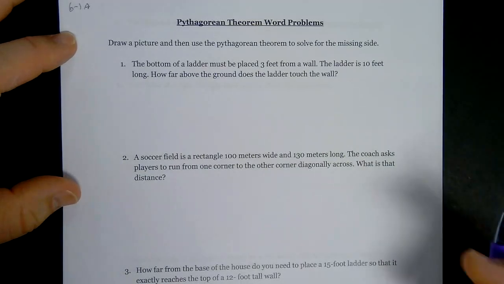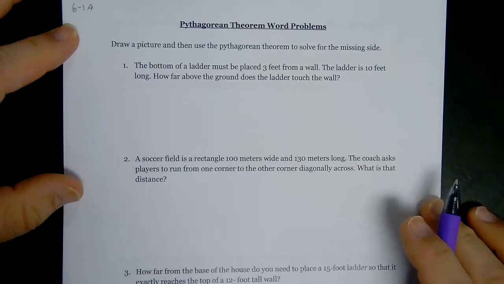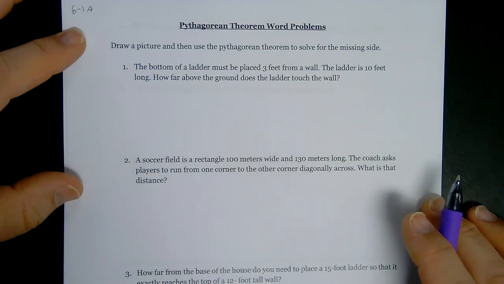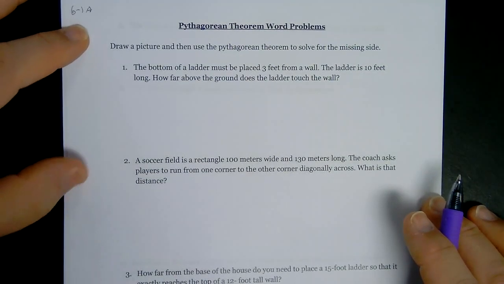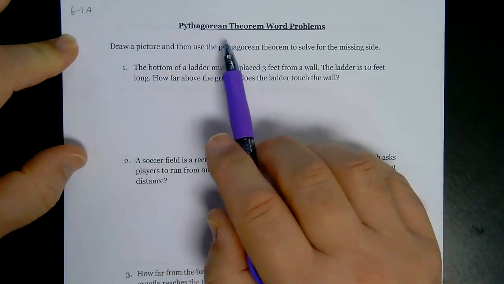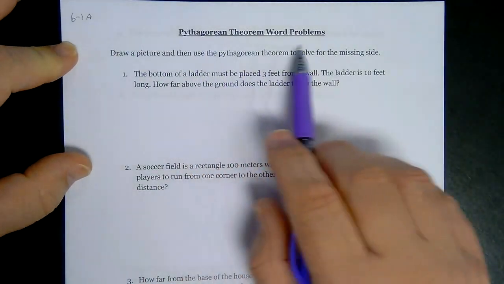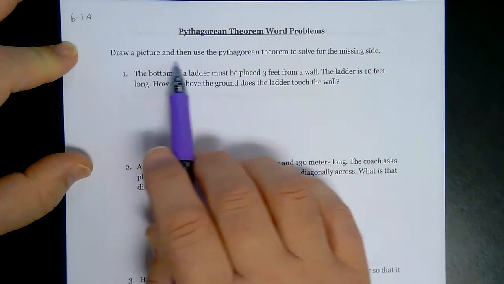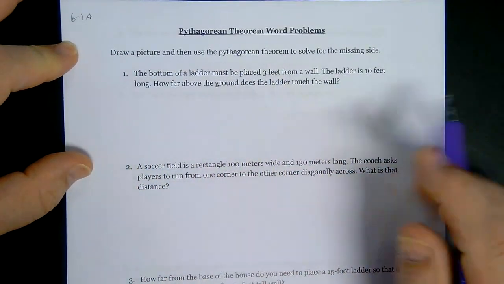Alright, good morning. Today we're looking at Unit 6, Section 1. This is the first handout from this section. I'm going to title it A over here. So you see that? And we're going to look at Pythagorean theorem word problems. So first thing I want to do is draw a picture of the situation, and then we will find the